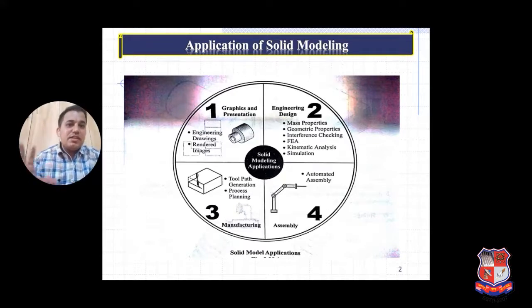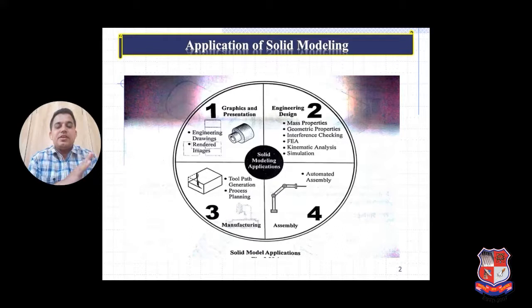So this is nothing but the engineering design, the basic steps of engineering design, where we have to check each and everything for the solid modeling. It may be a single object or it may be an assembly. Okay, and the third one is part generation in process planning, which means this part comes under the CAM, computer aided manufacturing.